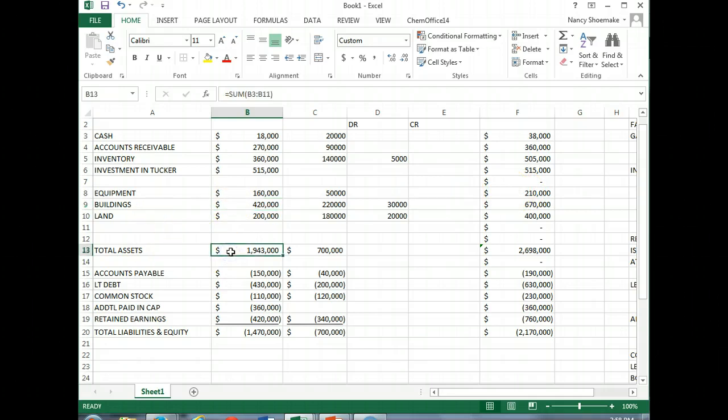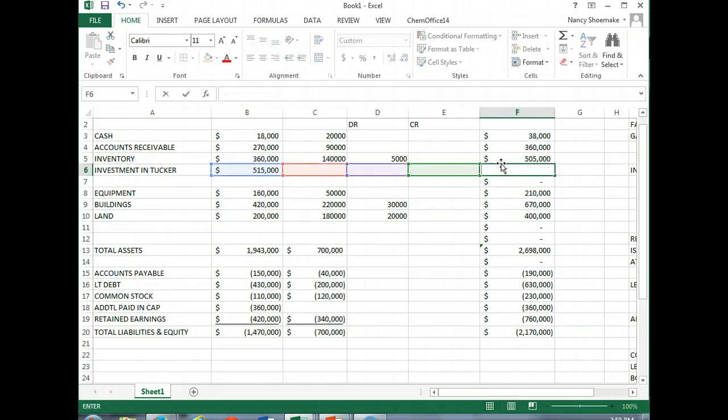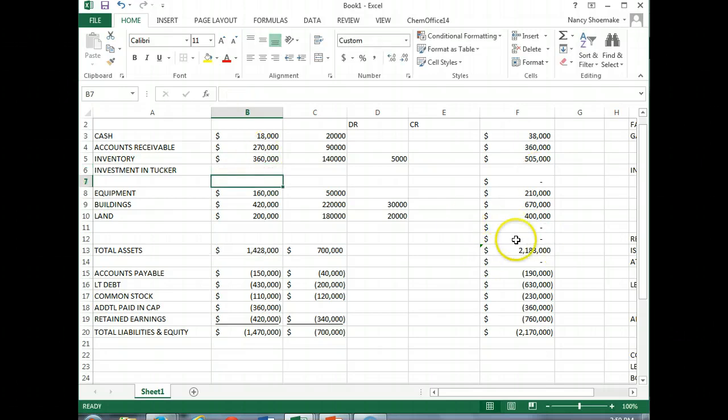Our total assets should be a combination of the cash, 38, the receivables, 360, the inventory, 505, the land, 400,000. If I get rid of this investment in Tucker right now, that's what's screwing me up. Okay, let me get rid of that investment in Tucker. So I've got my assets right,